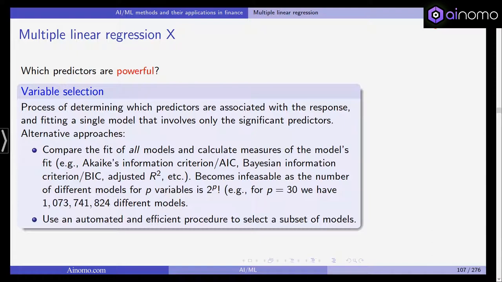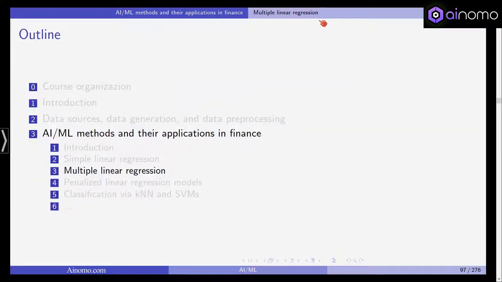So if we only had 30 predictors, we would get close to 1 billion different models. So you will not be able to do this, especially when you have thousands of variables. So what we need is an automated and efficient procedure to select a subset of models,